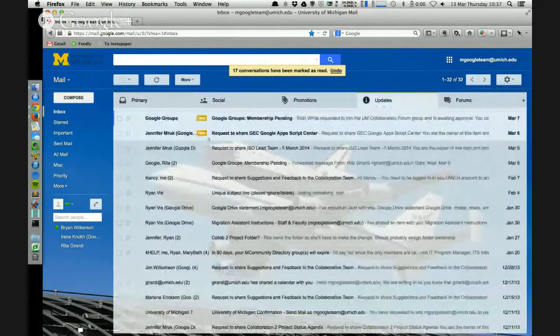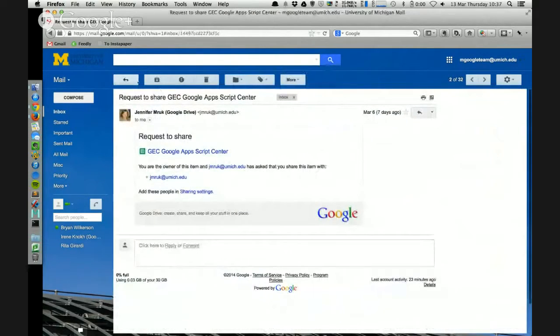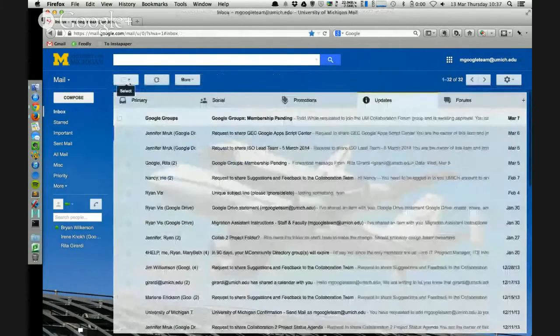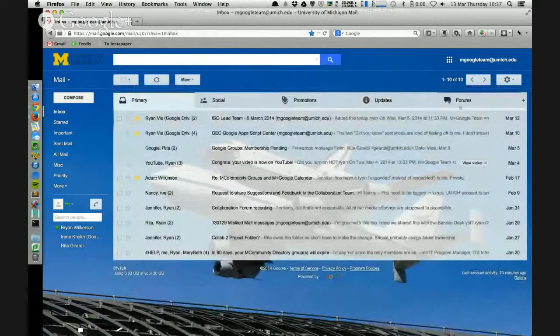I can go look at updates, so I have a new Google group membership that's pending, and somebody has requested access to a shared spreadsheet. I can go in there, and I'm not actually the owner of this stuff, but I could click the link and I could give Jen access to that. I won't go through that, but you kind of get the idea of what's happening here with these tabs.